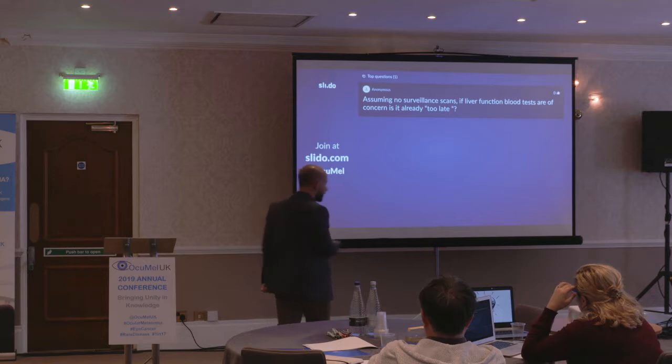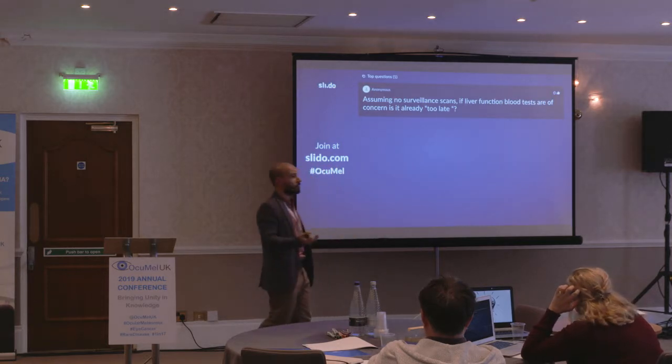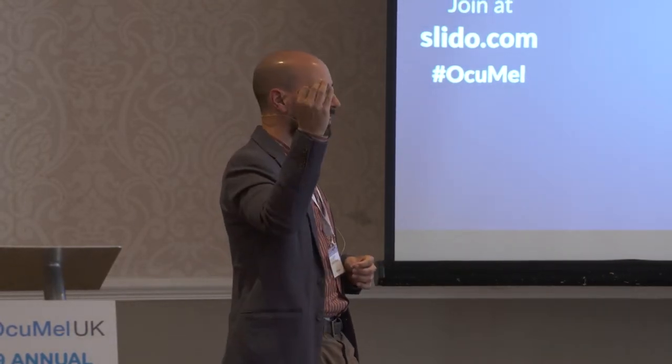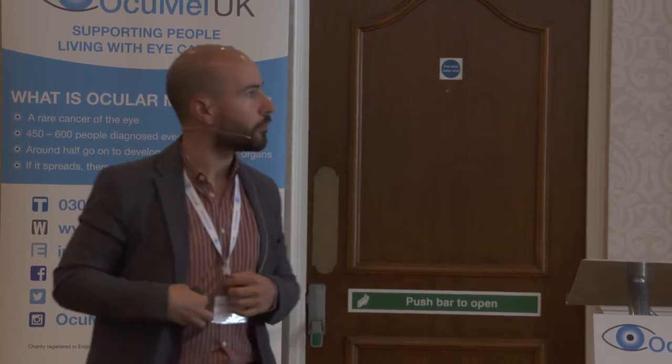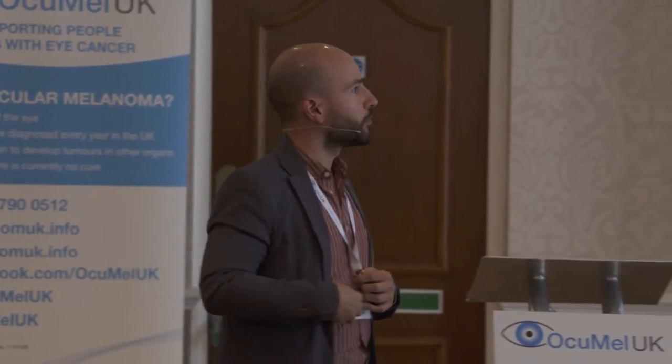Well, it depends on the degree of the altered liver tests. If you see that the liver tests are extremely altered with high levels, probably it will be difficult to do some systemic treatments, because some systemic treatments have to be adjusted for liver function, for example chemotherapy, because chemotherapy is processed by the liver, and if the liver is not healthy, it will not be able to degrade or process the chemotherapy. And also, so it might be late.